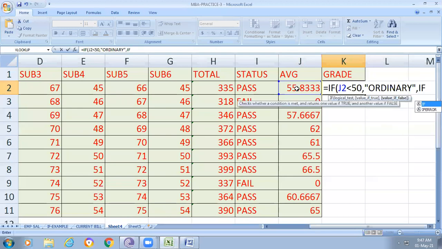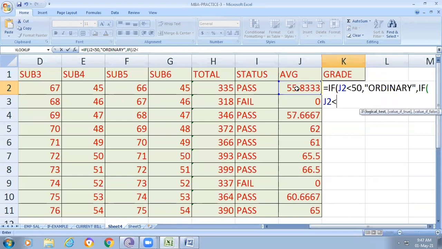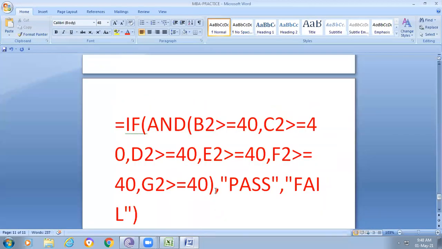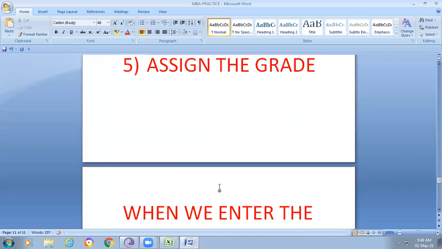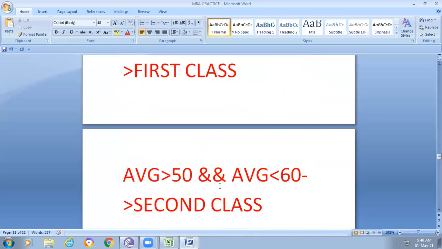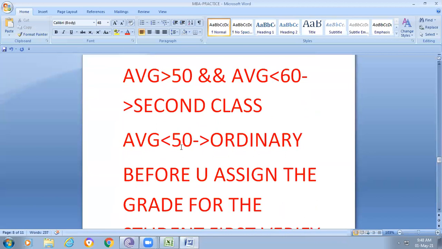If J2 is less than 60, what are our conditions here? If the average is less than 50, ordinary.